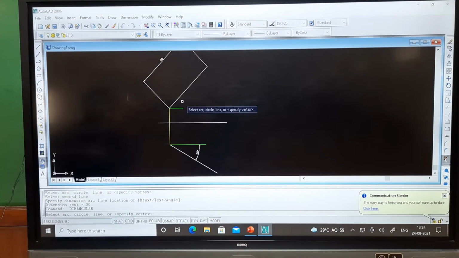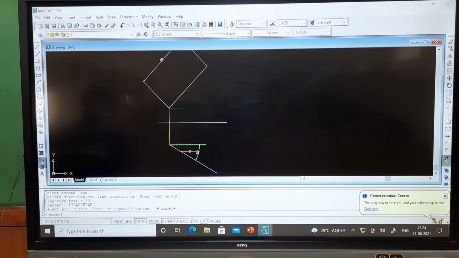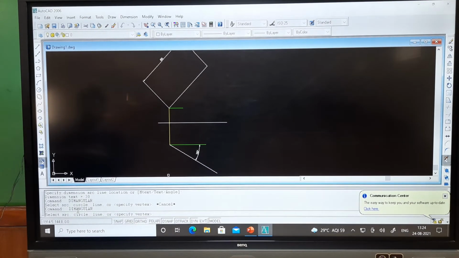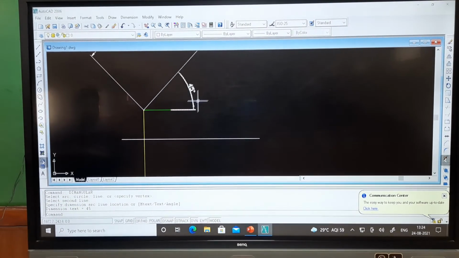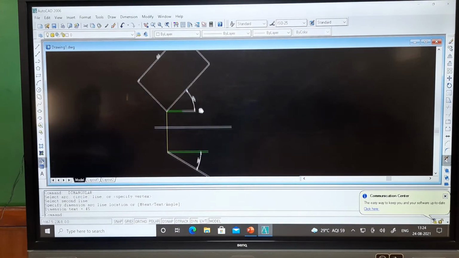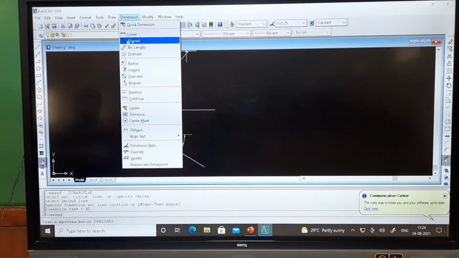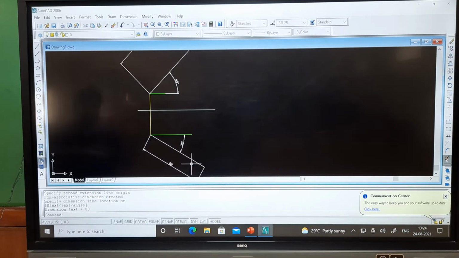In the same way, if you use the tab enter key, whatever the previous command we are using, for example, what is the previous command? I have used the dimension, angular dimension. For that, again if I press the tab, what I am getting here? Dimension, which one? Angular, DIM angular, means angular dimension I am measuring. So, I have to click first here, second I have to click on this line. Now, it is showing me the angular distance. You see here 45 is given. Now, after that I have to measure this aligned dimension also, from this point to this point. So, this one is also 80.